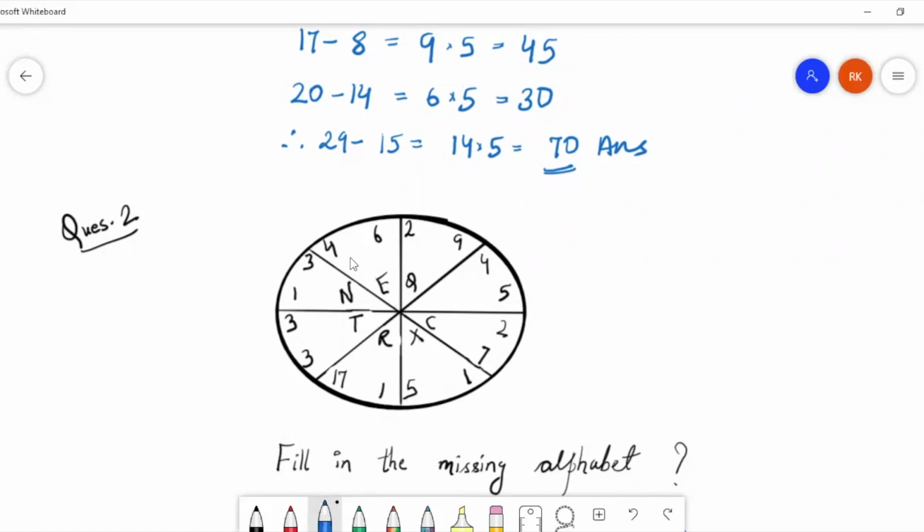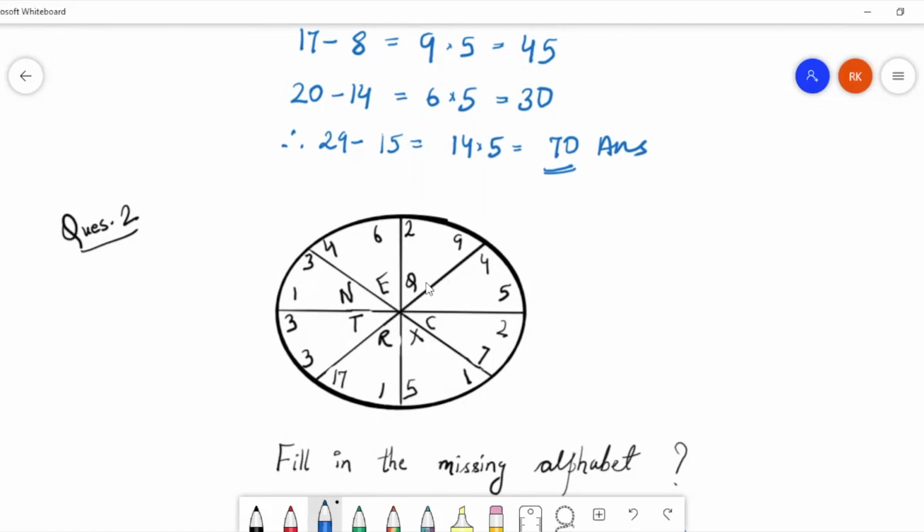Here it's written 4 and 6. If we multiply 4 with 6, we are getting 24. That only we want, right? So 4 into 6 is 24. So we got a relation. Let's see if it is working for others. Now E. E is 5. And its diagonally opposite sector has 5 and 1. 5 multiplied with 1 is 5. So yes, it is working.